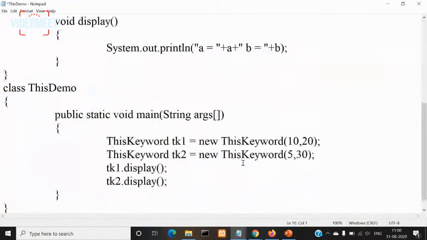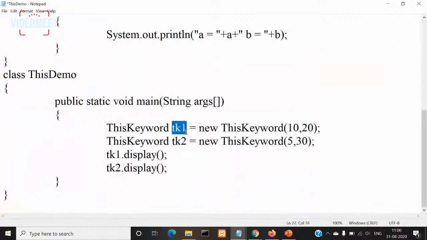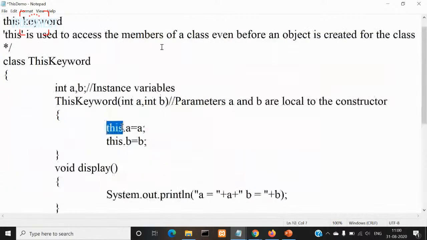right? Just like a baby is born and we have not yet given any name to that baby, how do you refer to that baby? Simply a baby, right? A toddler or baby will be referred to that way if they don't have a name. So in the same way, because the object is not created and given a name for its reference, in place of that, we'll use this keyword. What is the meaning of this? This is used to access the members of a class even before an object is created for the class,